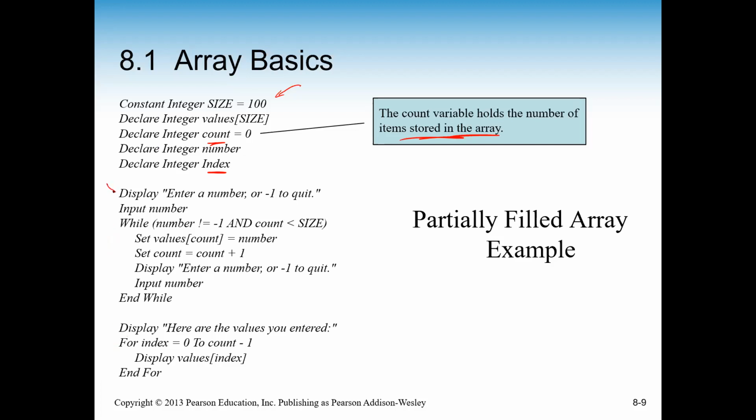So we're going to start at the top. Oops. So we're going to start there. Okay, so we're going to say display "enter a number or -1 to quit", probably. All right, so input the number. You're going to take number 5, let's say. And then while number is not equal to -1, because that's the stopping criteria, and count